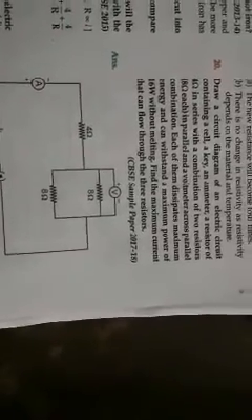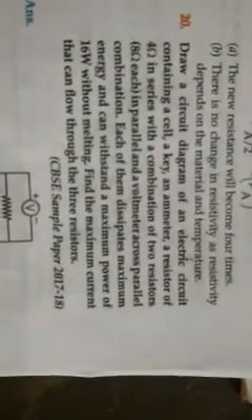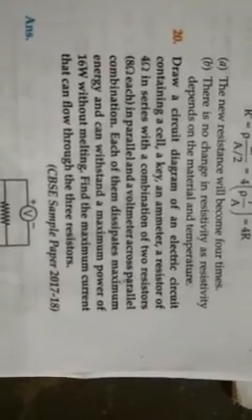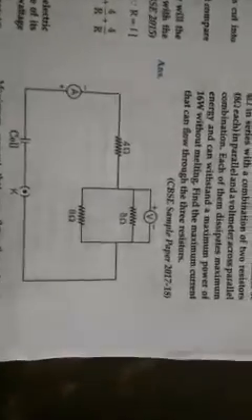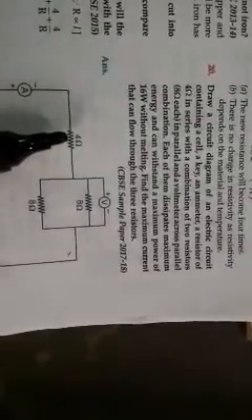See this answer firstly. This is the question given. You have to draw the circuit diagram. So how to draw the diagram? See this answer. They are saying in the question, two 8 ohm resistors are in parallel, and one 4 ohm is in series. Remember, 8 ohm are in parallel, 4 ohm is in series.